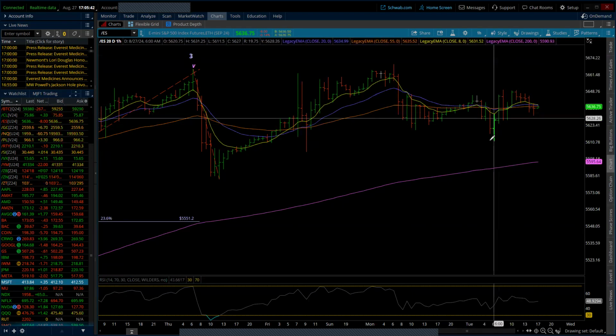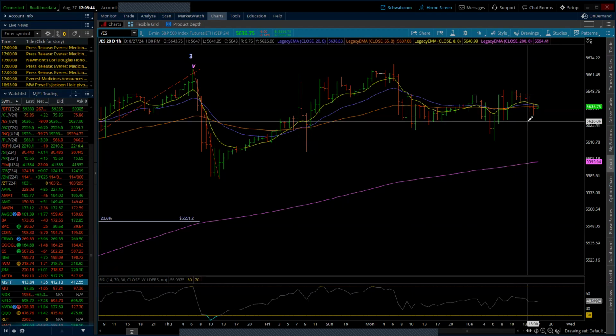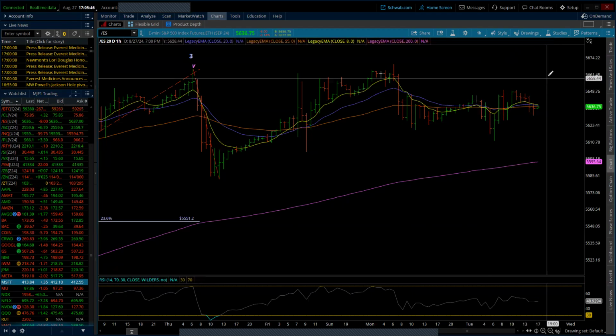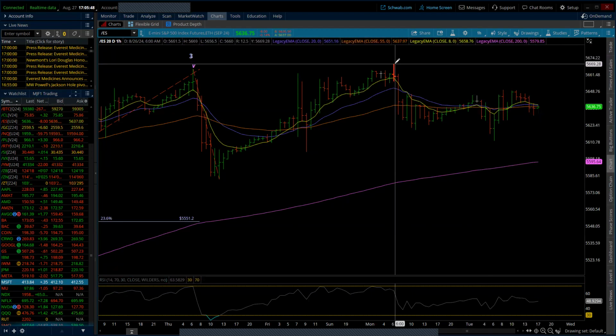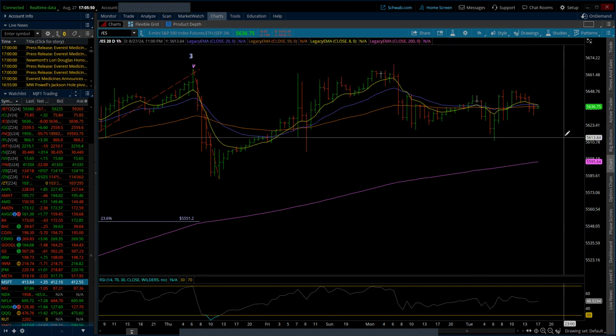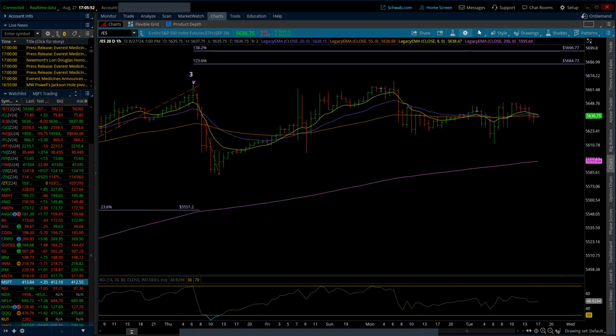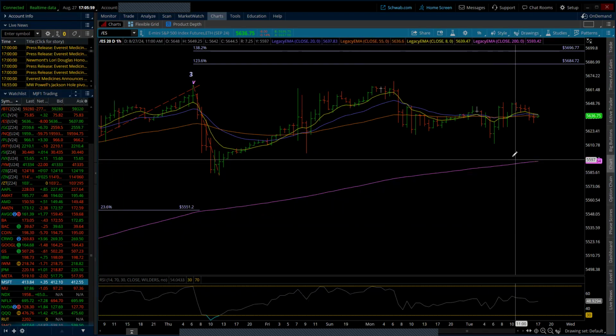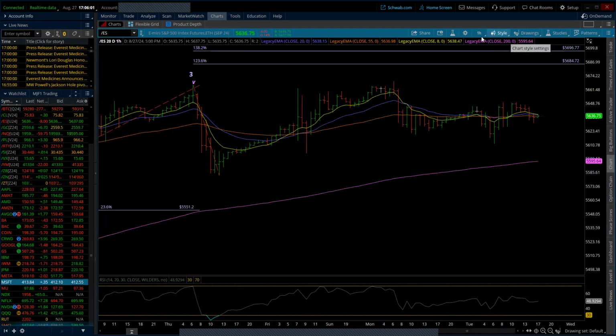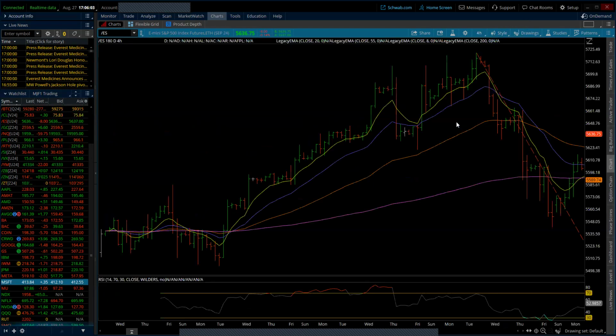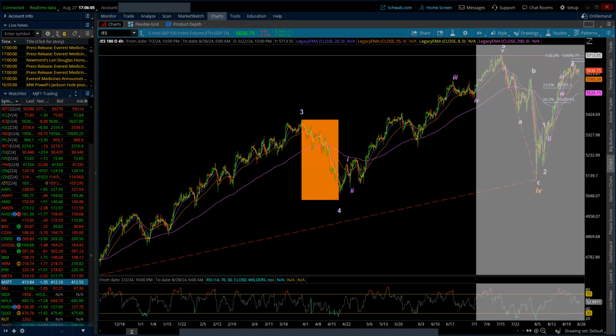But it doesn't mean that the A wave can't be, maybe a little bit more, but I don't think so. But the third wave should definitely get above there. And that takes us to new high territory. Now, let's just put it in here that if 1, 2, what is it going to look like? And I also want to go out one more, and I want to take a look at this guy